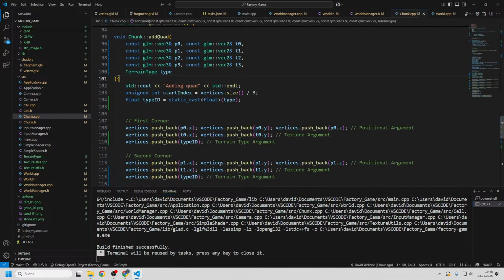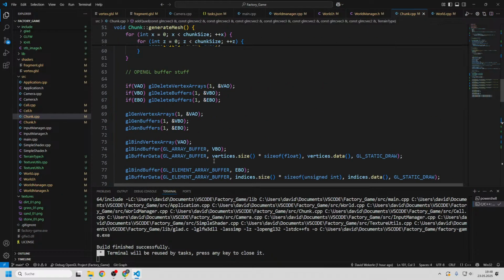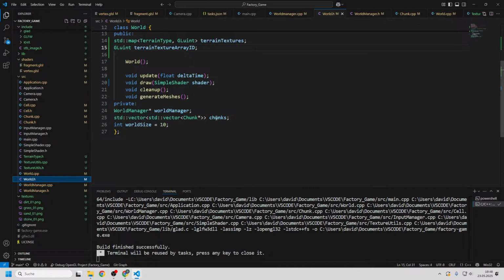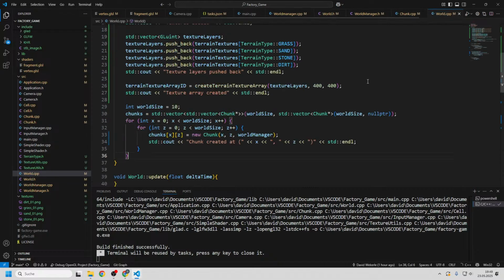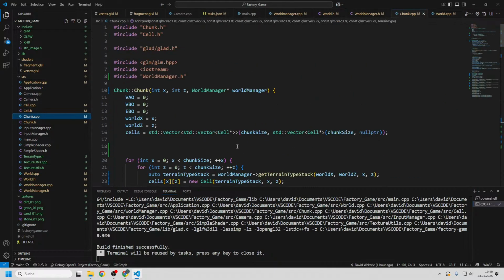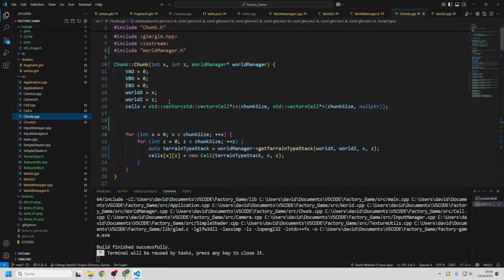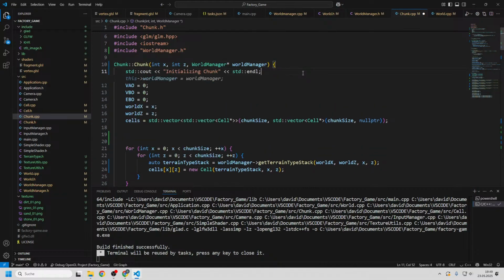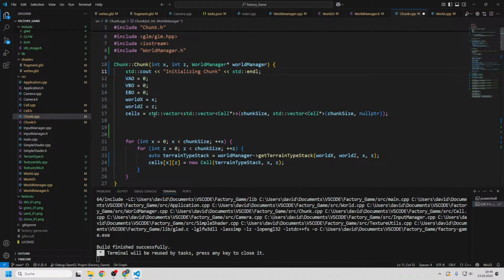Did we set up chunk as a world.h chunks? Yeah, it should be fine. Then let's just go into the chunk constructor and say constructing chunks or something like that. Initializing chunk. And then in cell